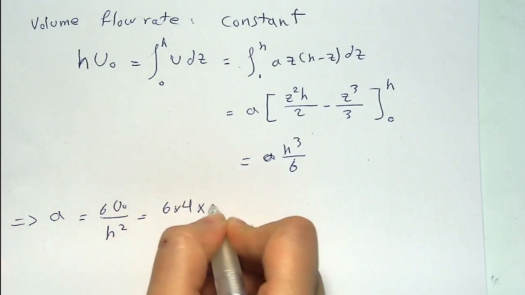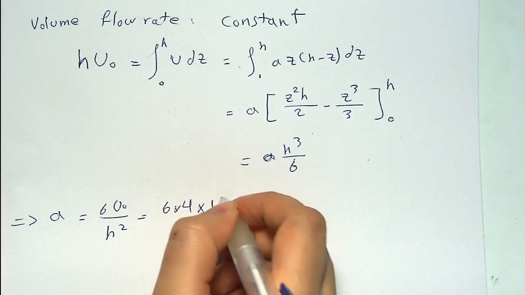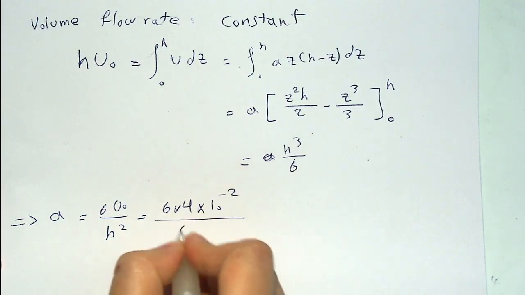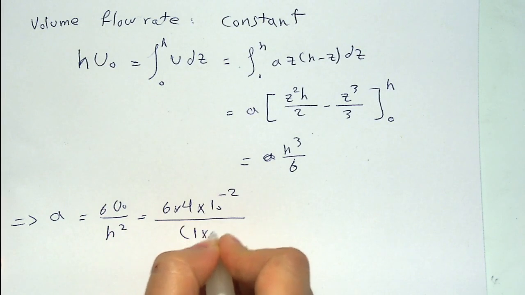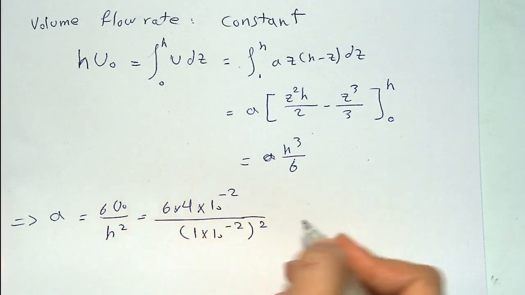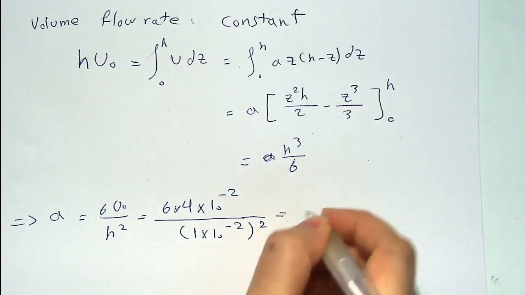The velocity at the beginning is 4 centimeter per second. That is equal to 4 multiplied by 10 to the power of minus 2 meter. And h is 1 centimeter, that is 10 to the power of minus 2 meter. So a is calculated as